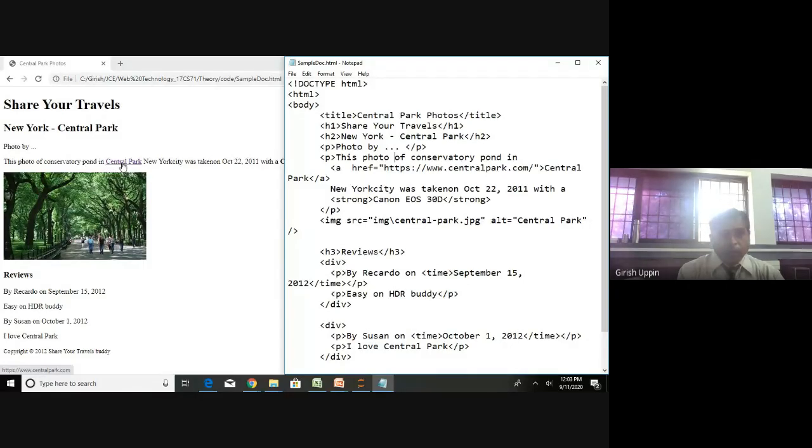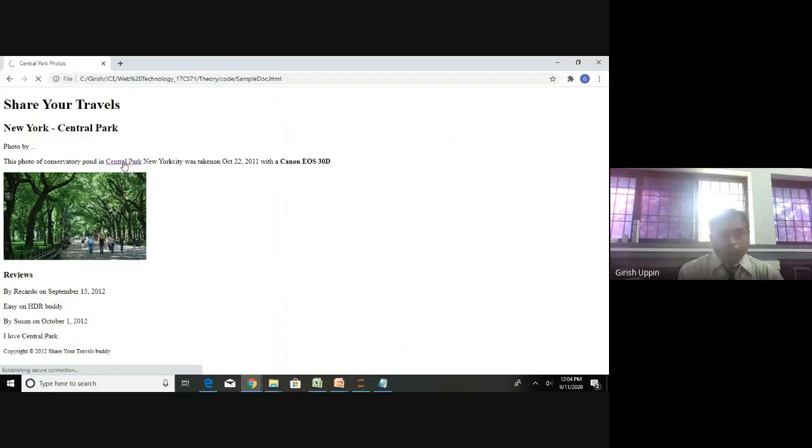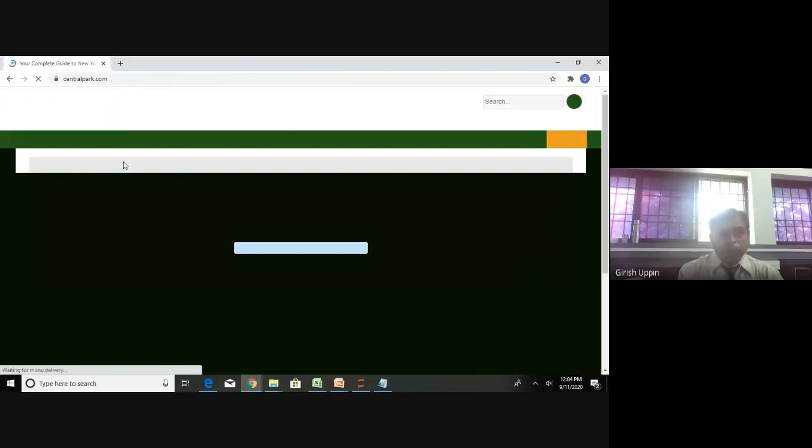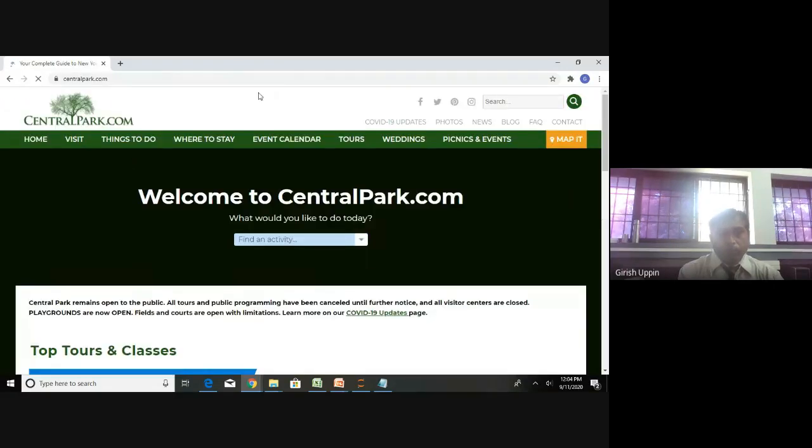You can see Central Park is highlighted, and if I hover on that, you can see at the bottom left corner it shows what link it is going to take us to, HTTPS www.centralpark.com. If I click on that, it will open that particular page. This is the external website where that link from our HTML is pointing.